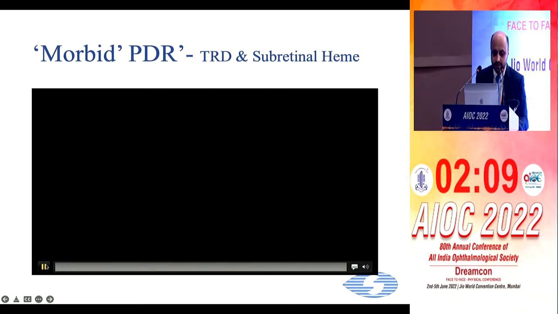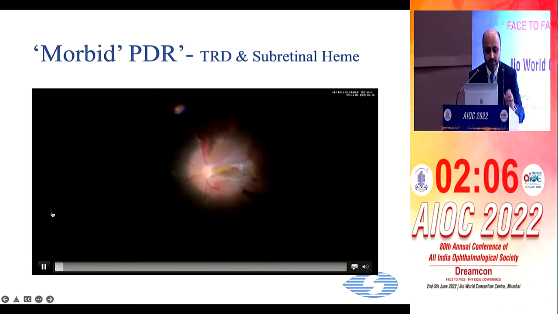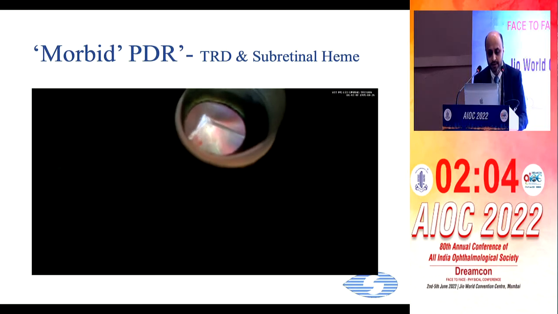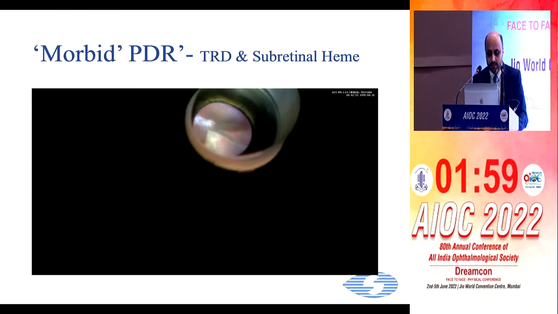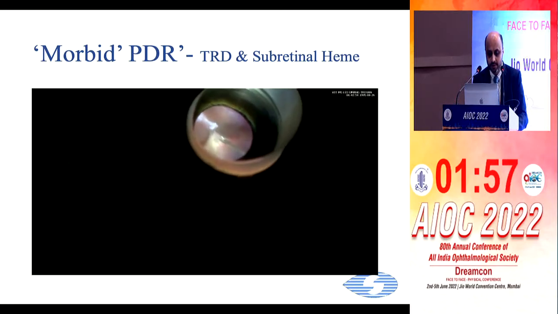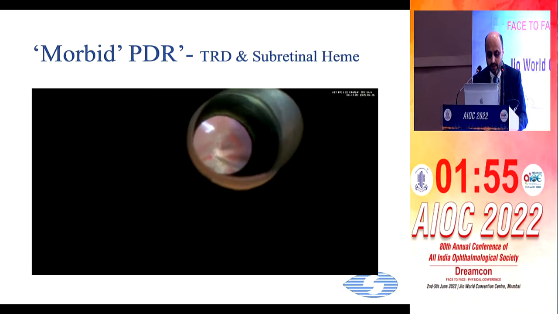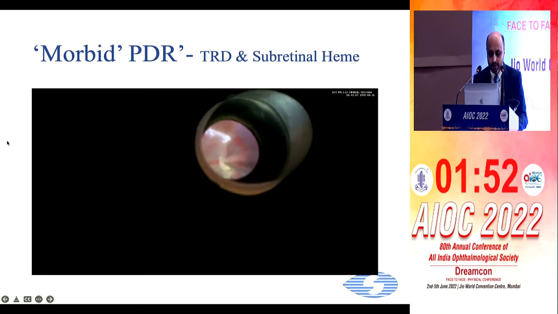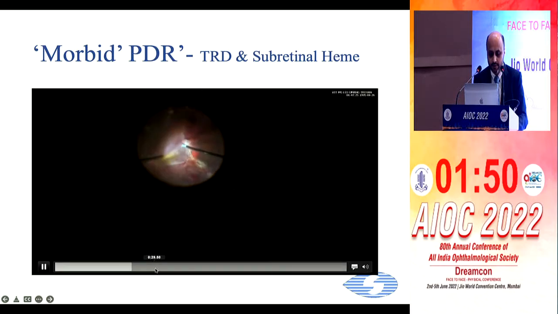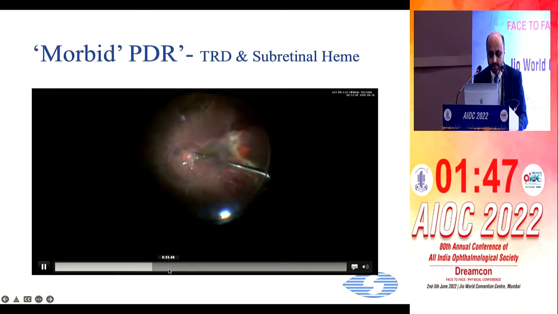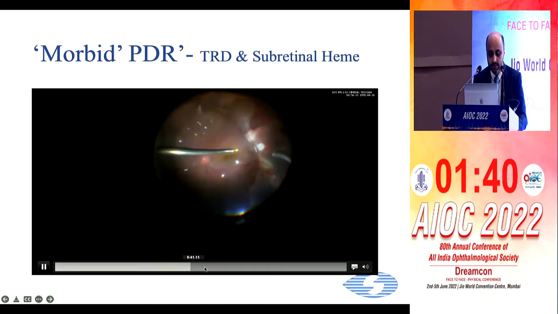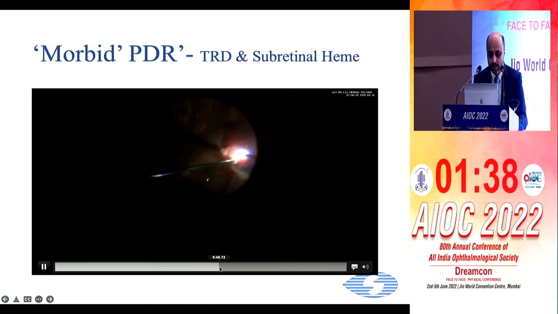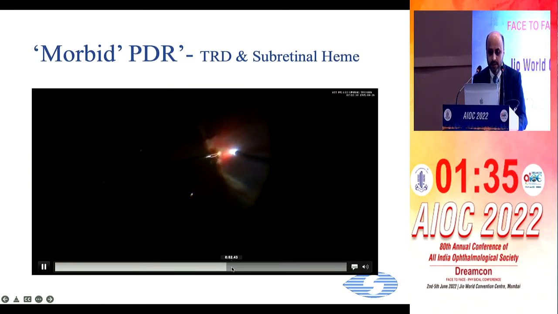The next video is again an associated challenging situation where we had this extensive membrane anteriorly. So contact lens use is very good in these cases. With the contact lens, you get a very clear field of view, and you're able to manage the membrane atraumatically. After the membrane is managed, we secured the posterior pole with the PFCL, and this was done so that we don't drag the subhyaloid heme, the subretinal heme, further down, and ultimately made a